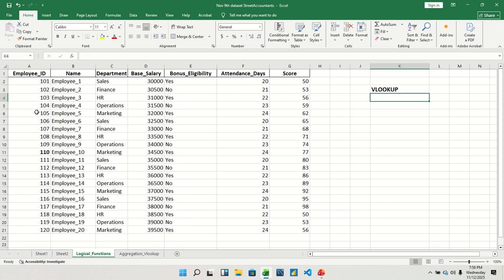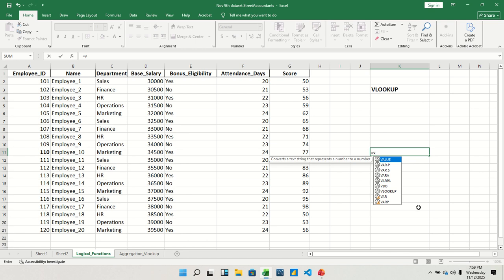So without wasting much of our time, we'll do an example to see how the VLookup works. So now we come here, let's say we want to use it, say equals to, you open for the VLookup, it will appear, you double click the VLookup as usual. Let's say we want to look up this particular person that has the ID number 113. Remember I told you the lookup only looks at the first column. So we want to check up this 113. We click on the 113, or if you don't want to click on the 113 like this, you can simply, after you have opened your lookup, come and type